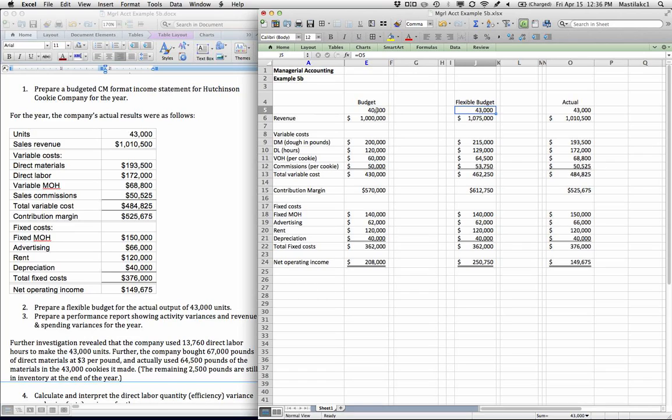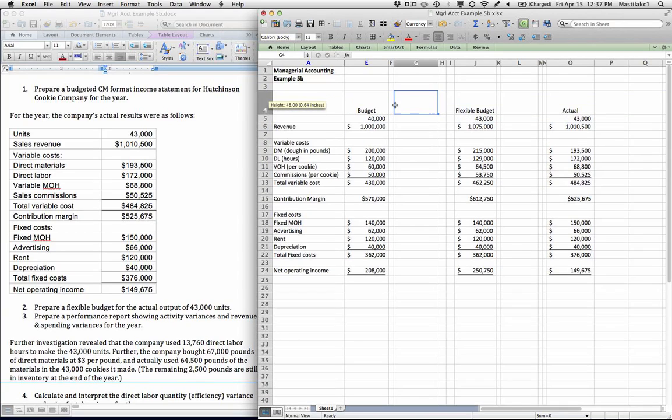Now, if we look at the difference between our flex budget and our master budget, the only difference here is that we had 40,000 units budgeted here and 43,000 units budgeted here. So all of the difference between these columns is because of the amount of sales activity. The authors of the textbook that we're using for this section of the course, the Noreen Brewer Garrison book, they call this an activity variance. I also see it called a sales volume